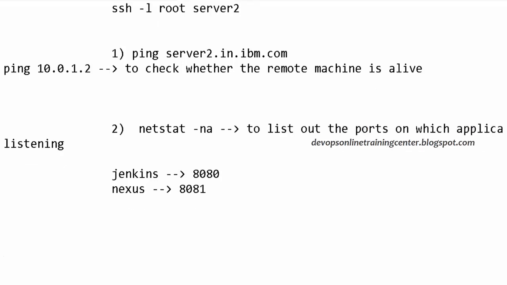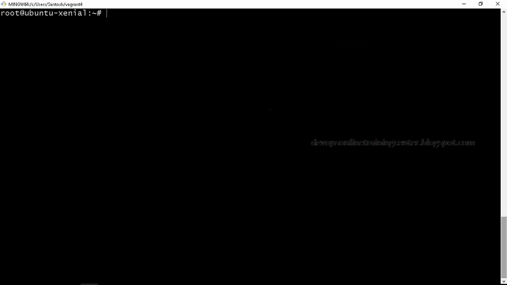So basically a port is like a logical connection. When we send requests to a particular server, those requests meet the server on this particular port, right? There is a number, and there will be one application running on each port. So if you want to find out whether an application is running or not, we can just say netstat -na.